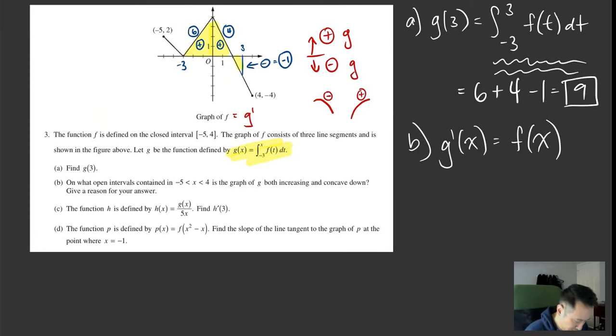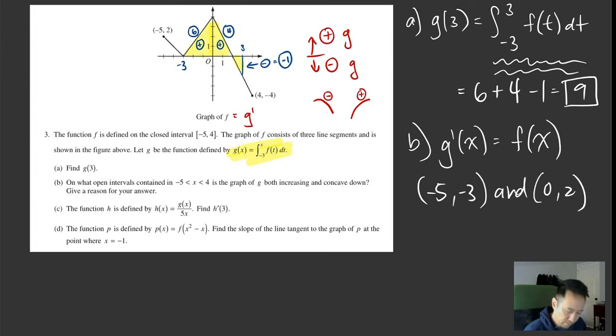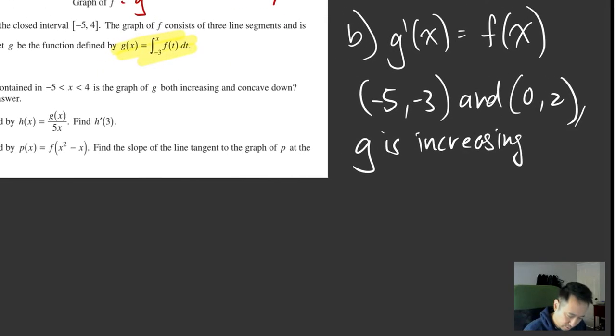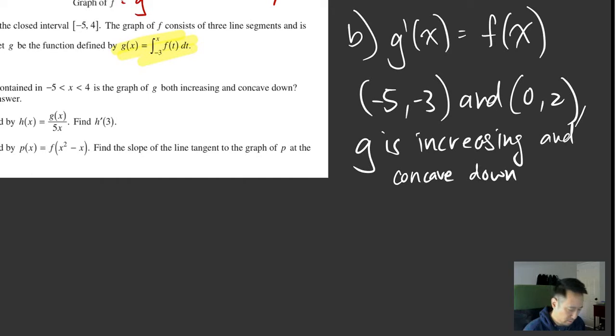So I have open intervals, starting from -5 to -3, right? And from 0 to 2, g is increasing and concave down. And of course, they probably want you to give a reason. Yep. Okay, so I'm going to write because